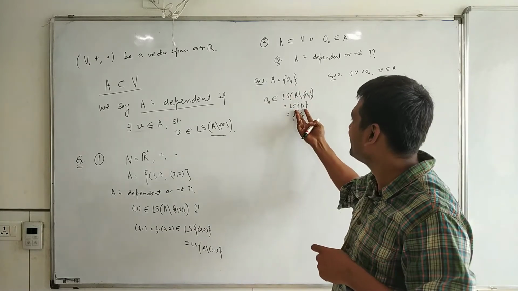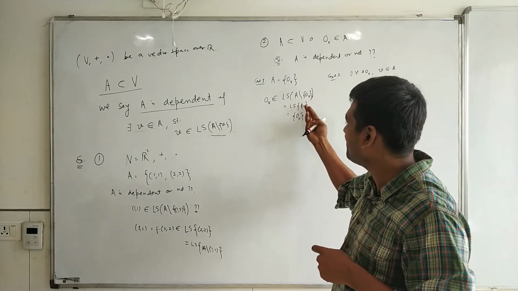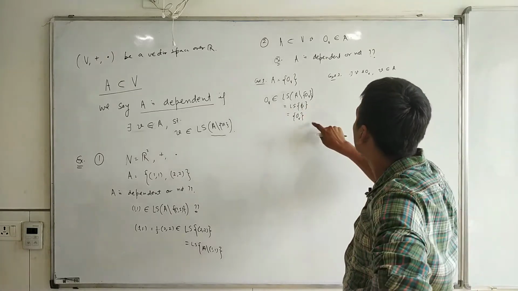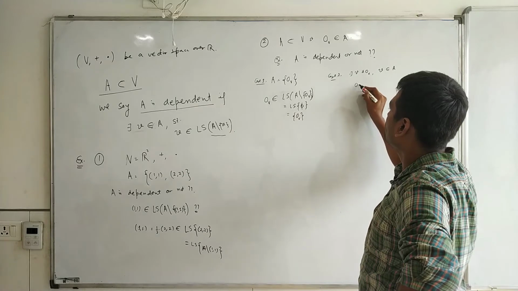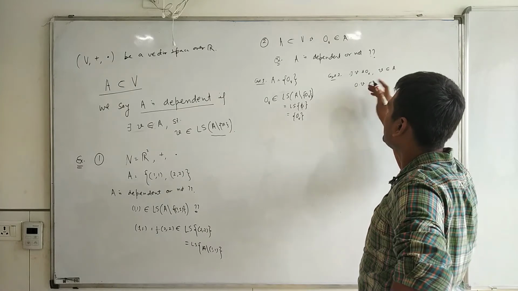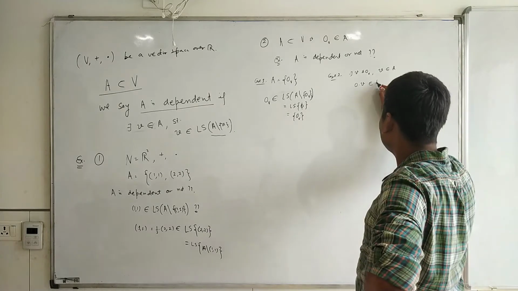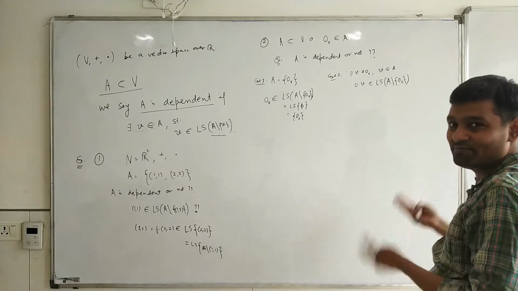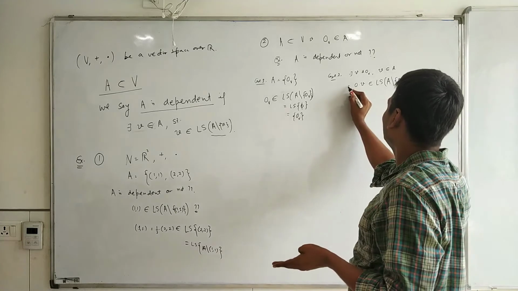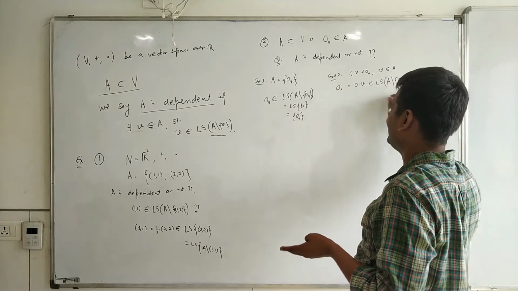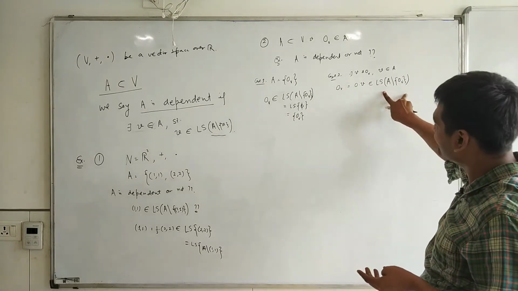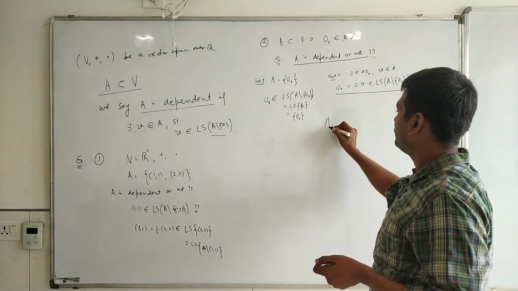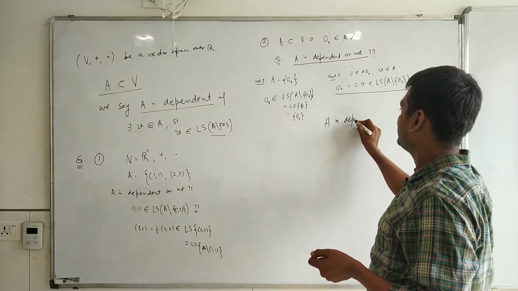So if there is no other, so basically you are having the empty set, and by convention you are saying that LS of the empty set is 0V. In other cases, where does 0 times V lie? It lies in LS of A minus 0V. LS of A minus 0V has 0V actually. I hope you understood this line. So basically, in this case also 0V belongs to LS of A minus 0V. Give time to this if you did not. We got now A is dependent.